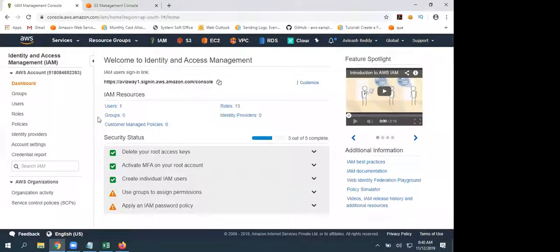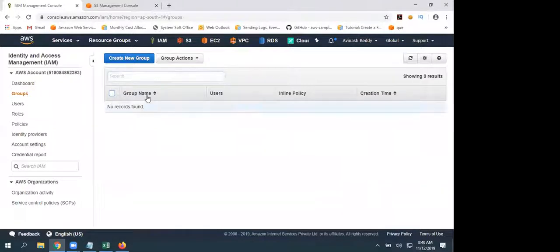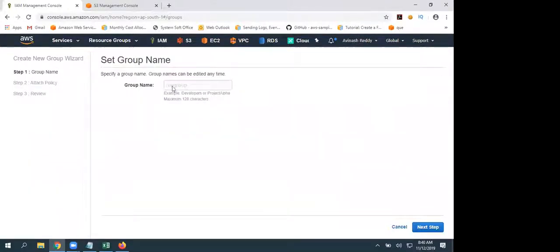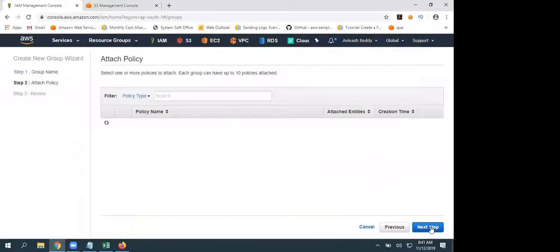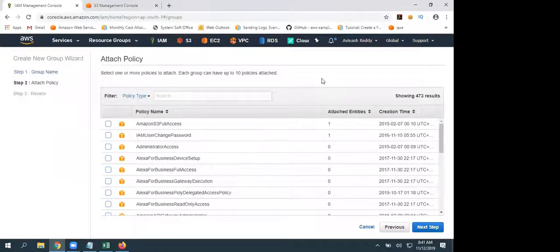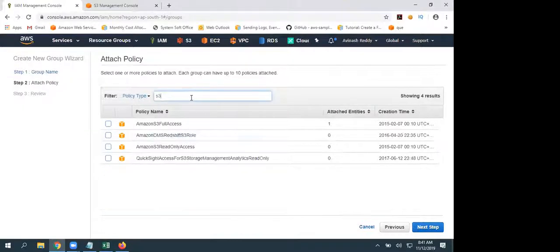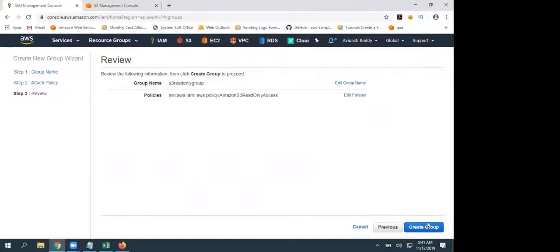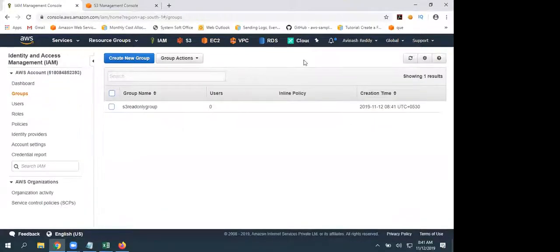So what you can do, go to groups, create new group, and here is the group name. The group name I'm going to give is S3 read only group. Click on next step. Now, what policy do you want to associate to this group? I'm going to give S3 read only access for this group. Next step, create group. See, I created a group, but I have not added any users.